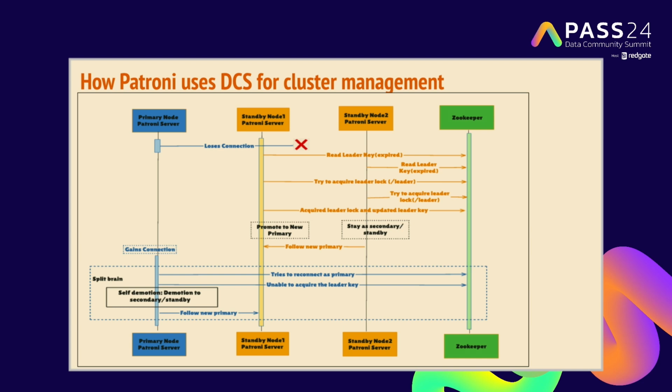So how Zookeeper handles split brain is, when the previous primary tries to reconnect and tries to acquire the leader lock, it will not be able to acquire it, because in Zookeeper only one node will be able to acquire the leader lock, and only one node will be able to update the leader key. That's the current leader. No other nodes will be able to edit this leader key. So with that,